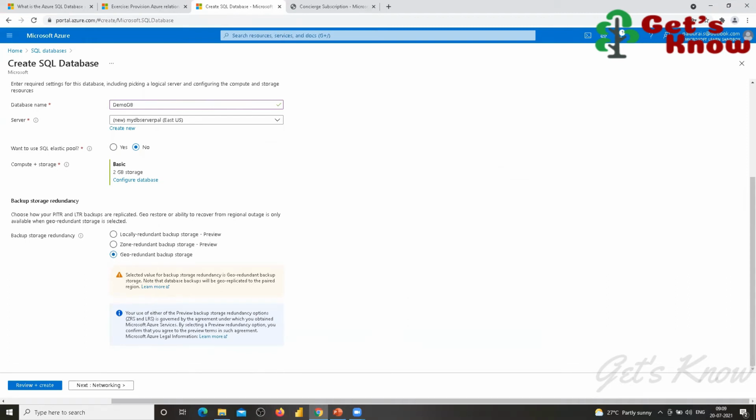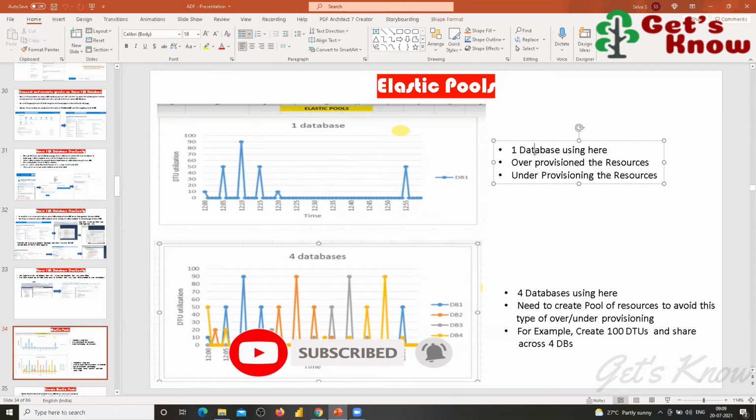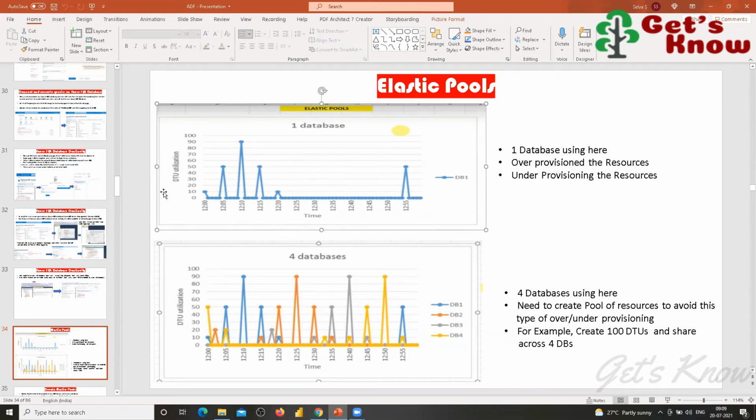Simply, the elastic pool is nothing but the use of DTU only. Just imagine I have one database. This is my database, and this is my DTU utilization details in my one database. This is the time.